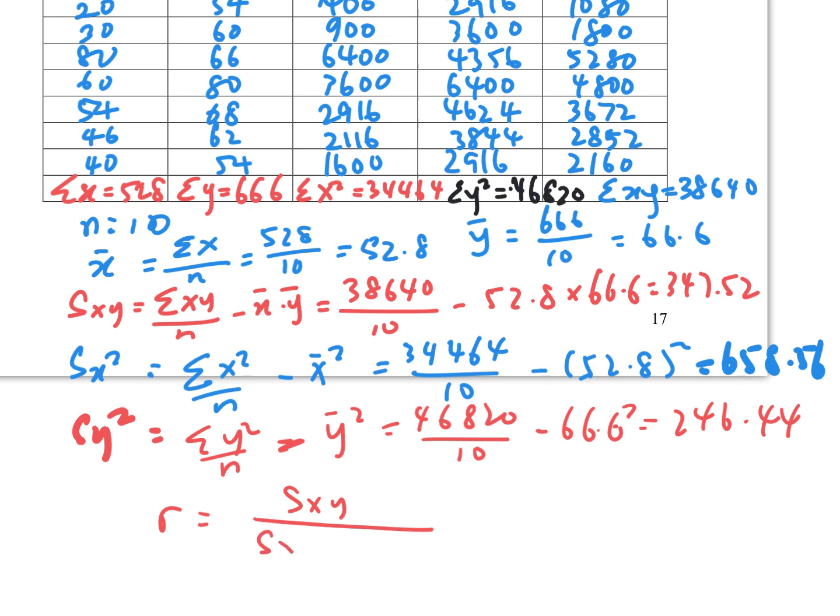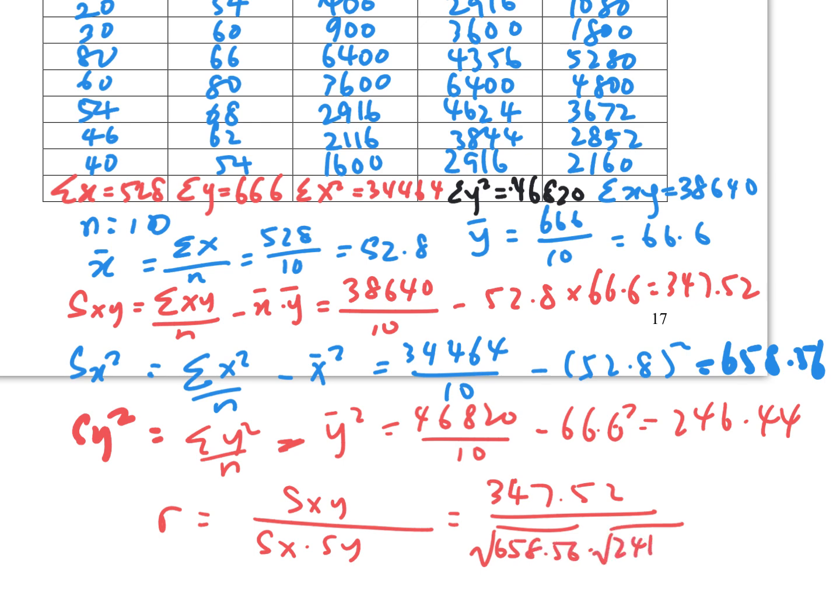So the r value will be equal to S_xy divided by S_x times S_y, and there will be 347.52 divided by the square root of 658.56 times the square root of 246.44, and that is approximately equal to 0.8626, and is very close to our r value in the calculator. It's the same way they're calculating it. So this is indicating a moderate